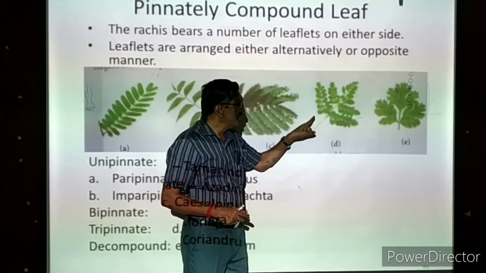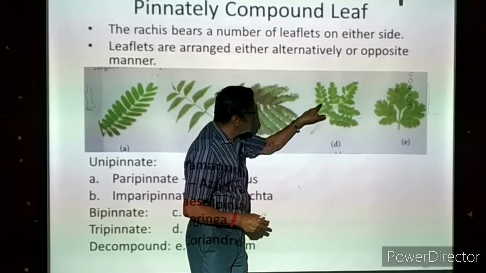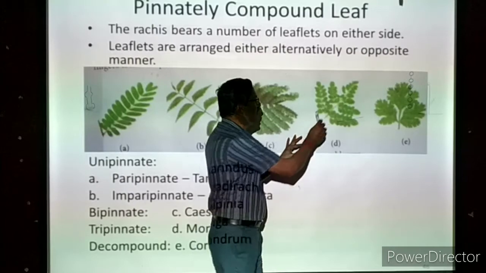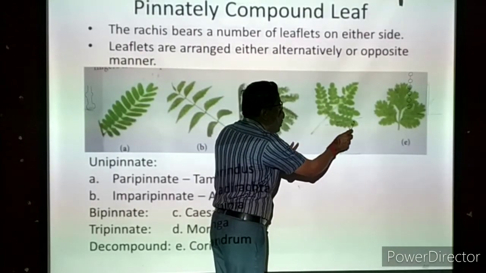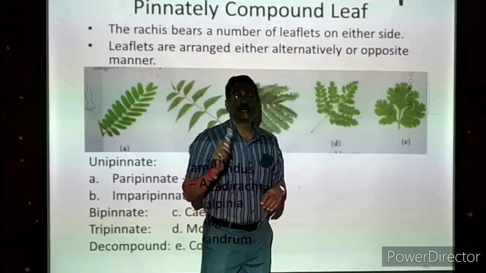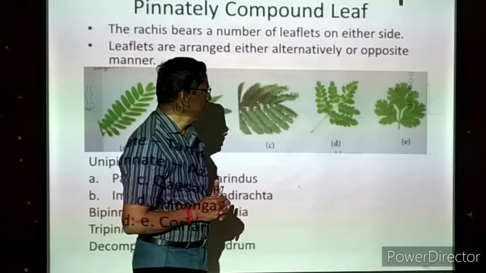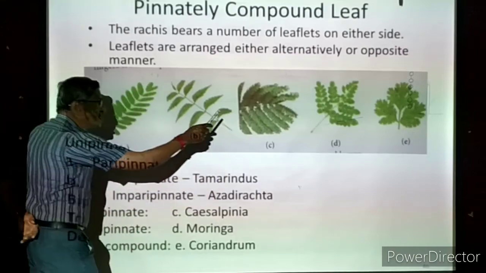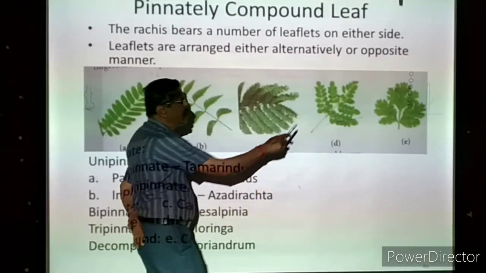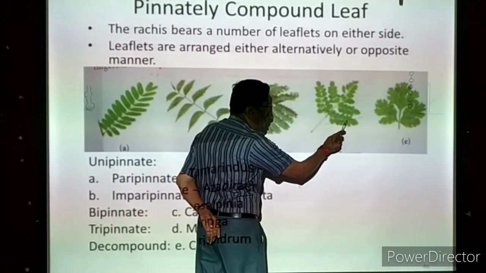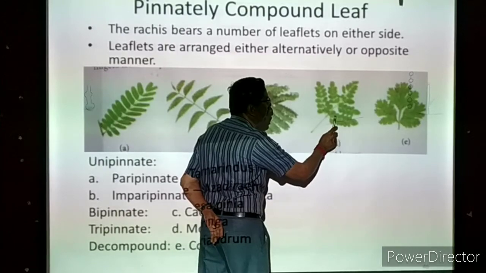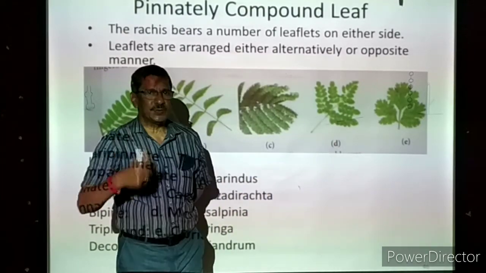Only one we are taking. The secondary rachis is further divided into branches. See that, here one branch is coming, next to it one branch, like that. Now these branches are called tertiary rachi. Because of the three branchings, we are calling it a tripinnate. Then on the tertiary rachis, we can find the leaflets arranged on either side. Here one leaflet, here one leaflet. That is drumstick leaves, we can say.